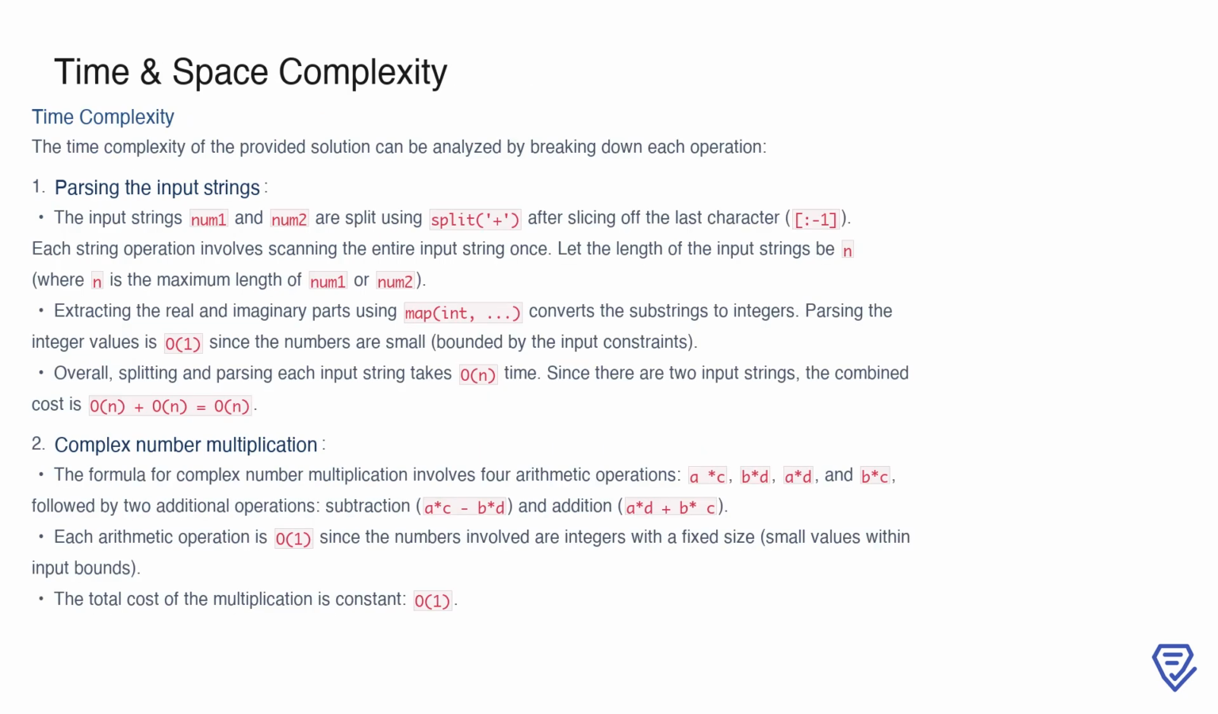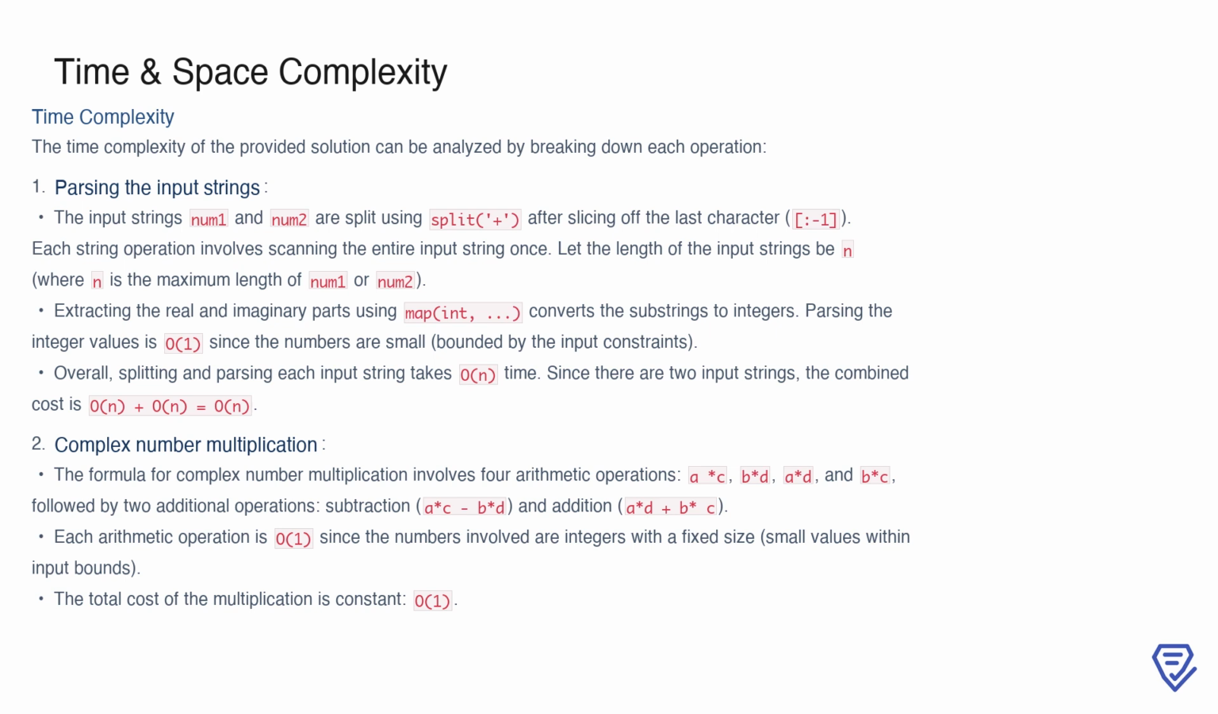To analyze the time complexity of our solution, we start with the first step, parsing the input strings. The input strings, number 1 and number 2, are split into their real and imaginary components by using the split plus method, and we also slice off the last character to remove the trailing i. Since splitting requires scanning the entire string and the length of the strings is n, this operation takes O(n) time